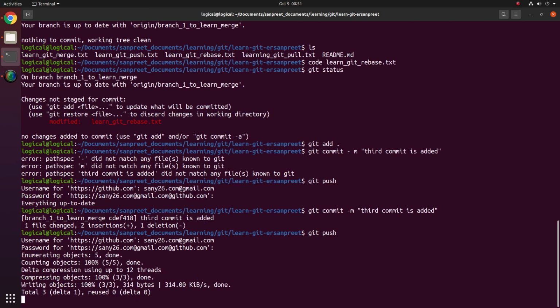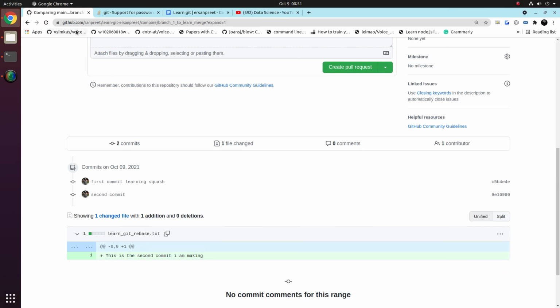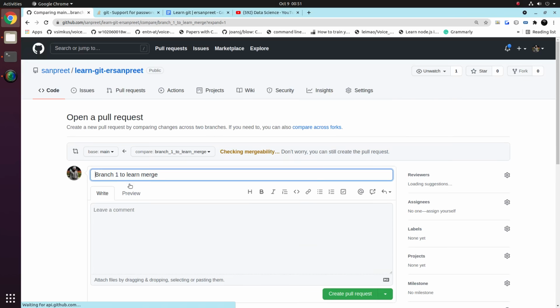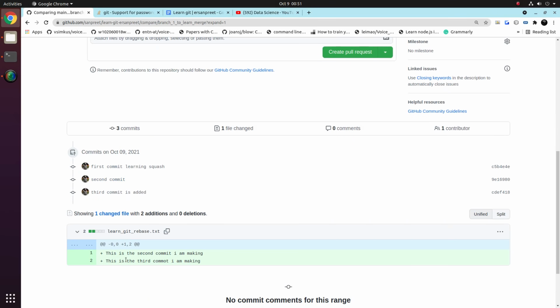Now when you enter, everything will be on track, and now when you see that, you will have the three commits here, and the three things we did. First, created a file and created two commits. Now what I want is that I want only one commit to be available on the remote as well as on the local, but I want these three changes to be reflected. One is creating the file, otherwise adding the two comments on it, which we have done through the three commits. So this is done through the git squash.